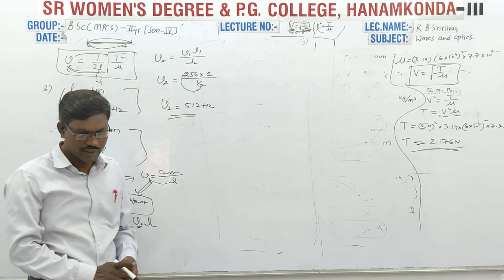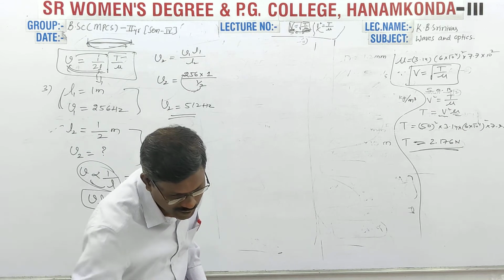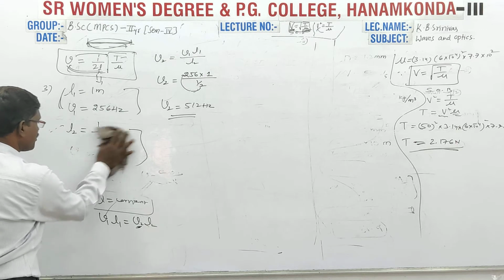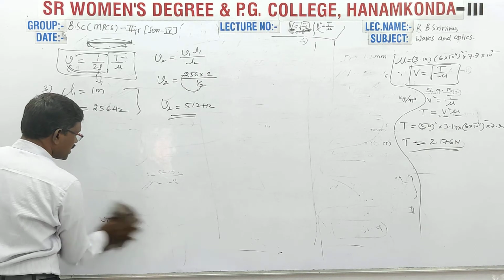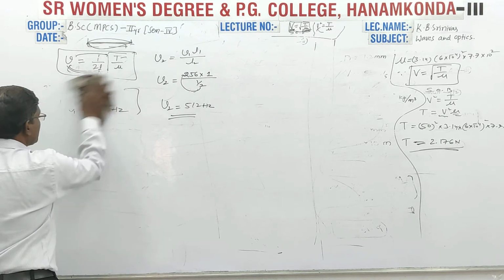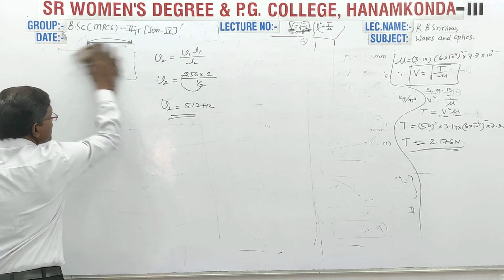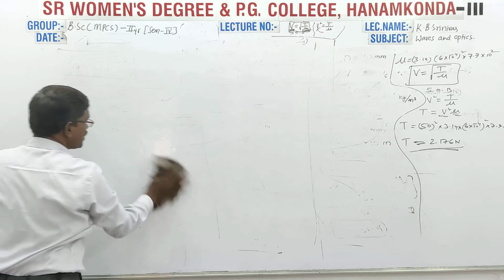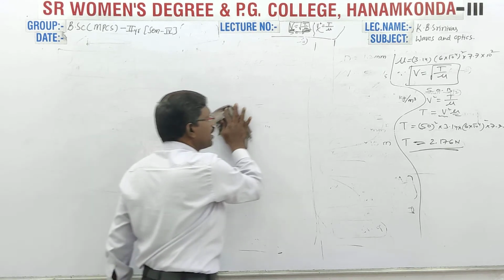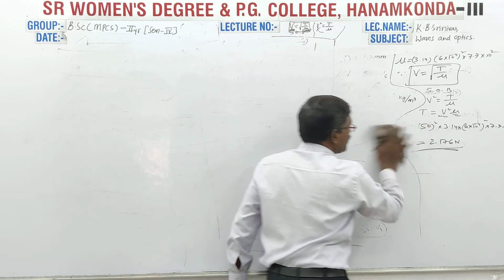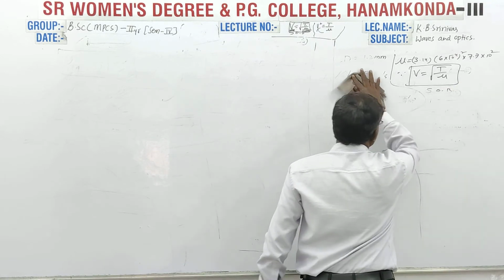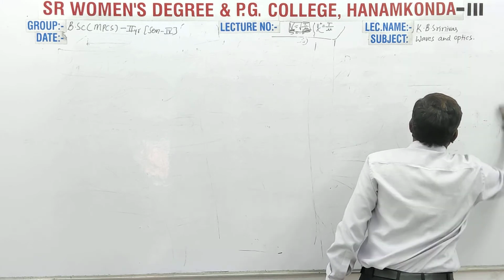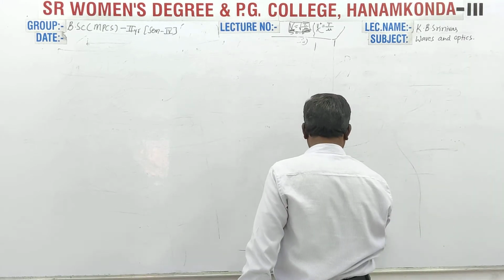Is it okay? Right. So the first part of the first unit is successfully completed. Here I am going to explain the second part of the first unit of your semester 4, that is vibrations of bars. First part, vibrations of strings. Second part, vibrations of bars.